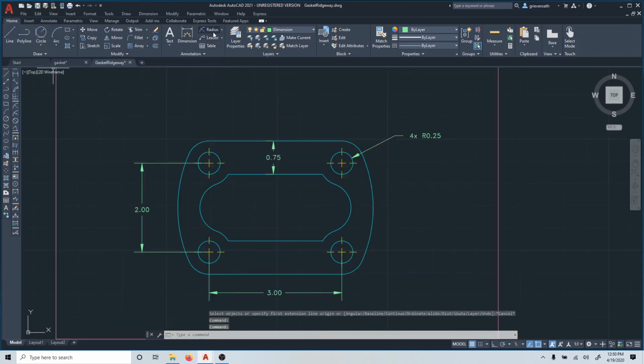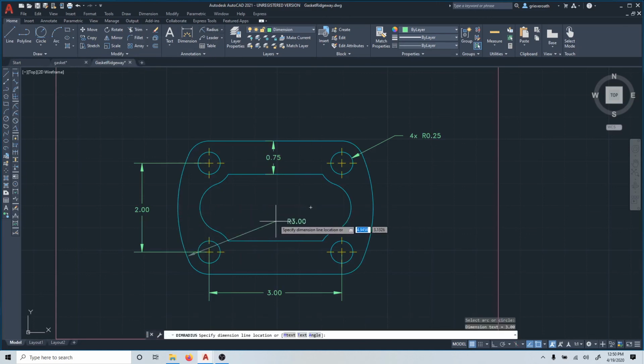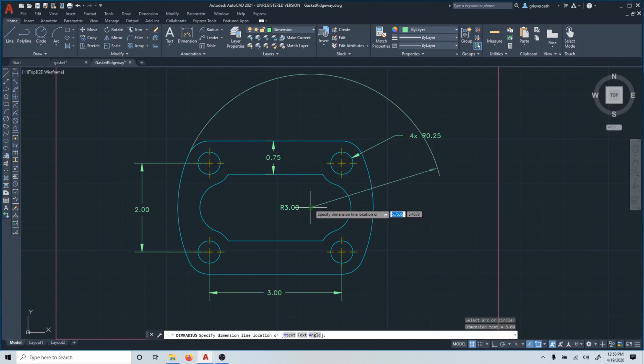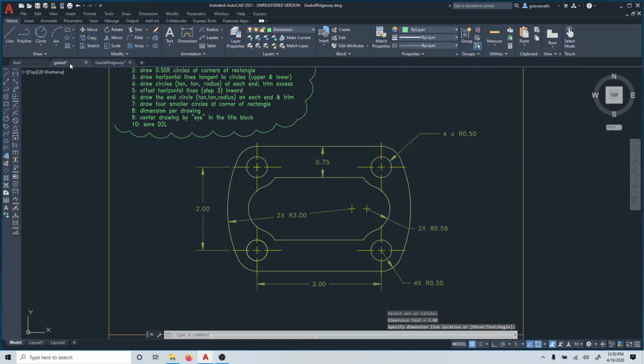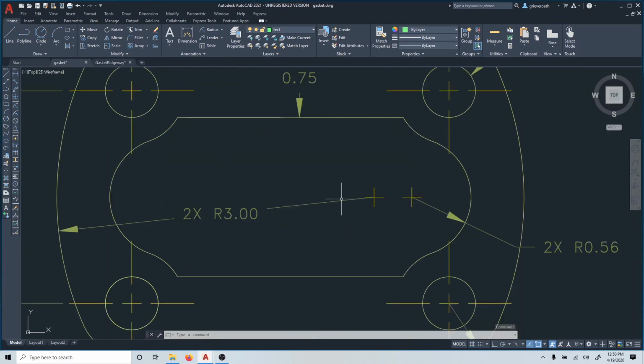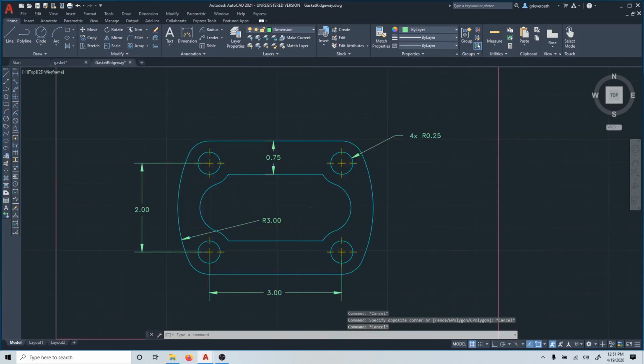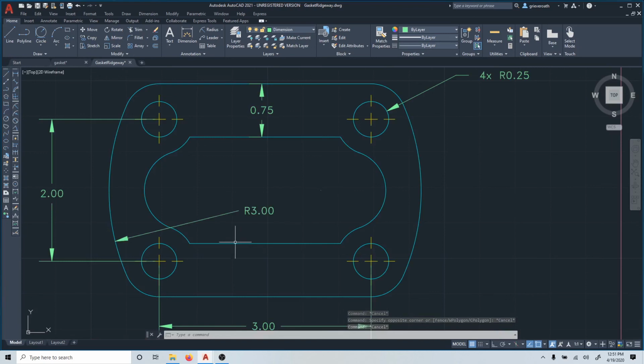So we will do radius here. We'll click and we'll move it. You see the little plus sign right here of this circle, right? So we'll move it towards this, like this, and click. And we can see there's another line here. And so with that line,